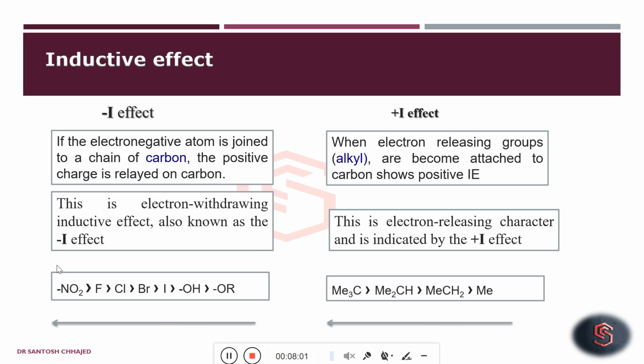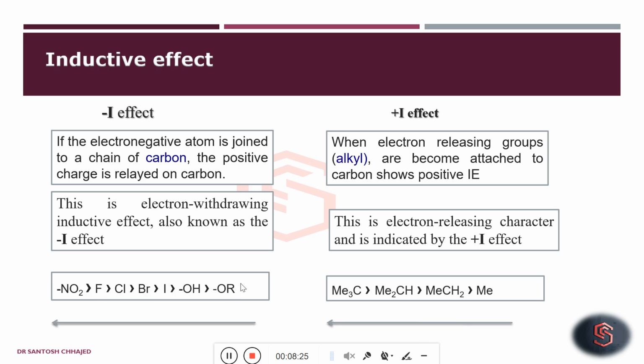Example is there. So with the minus I effect, these groups will always withdraw electrons. These are electron withdrawing groups, they are highly electronegative. Their order is NO2 is greater than F, F is greater than chlorine, chlorine is greater than bromine, bromine is greater than iodine, and iodine is a better electron withdrawing or more electronegative group than OH, and OH is better than